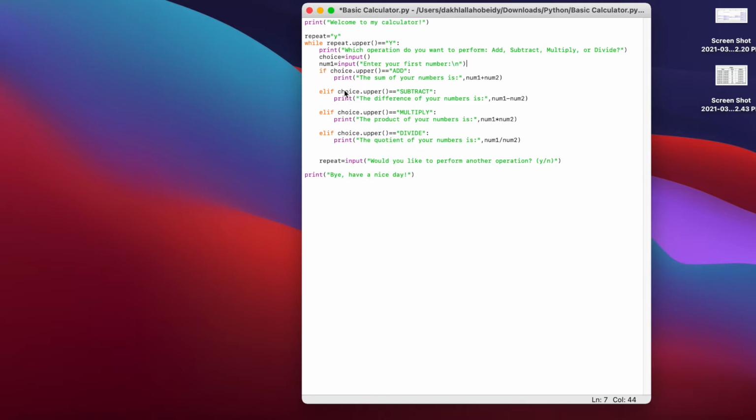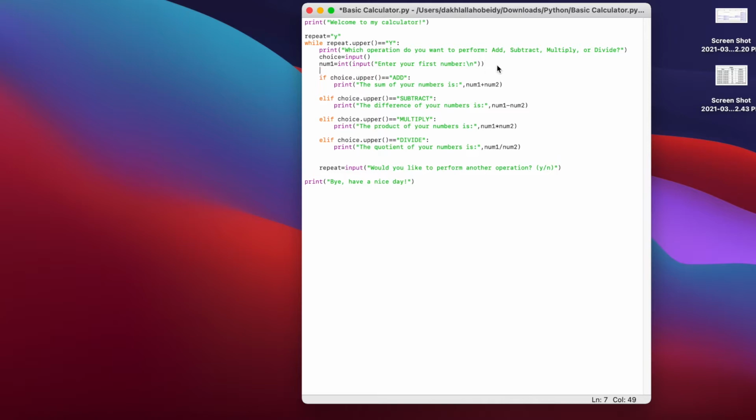And we mustn't forget we need to convert this to integer so that Python can do the mathematical equation, because Python is using a string, so it needs numbers. num2 equals integer input